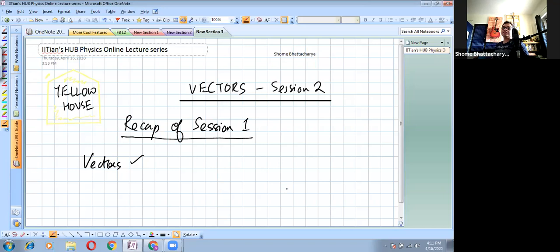So given any physical quantity, we have to think about what principles to use to add it. If we can use scalar principles, then it is a scalar quantity. Whereas if we see that to add it we need the direction and we need to apply the vector principles that we learned in the last lecture, then it automatically becomes a vector quantity. So that was about ascertaining what is vector and what is scalar.